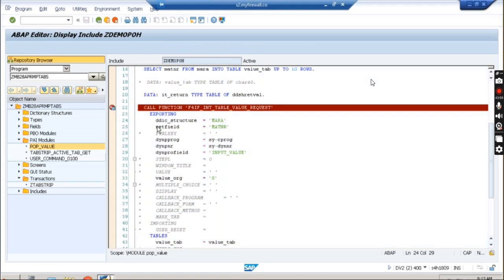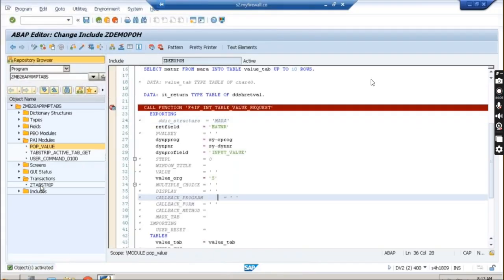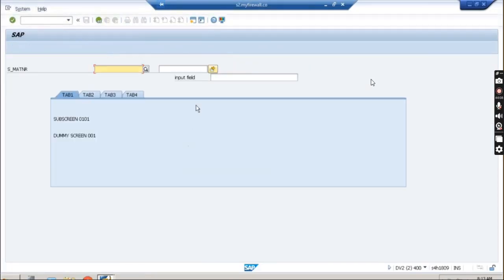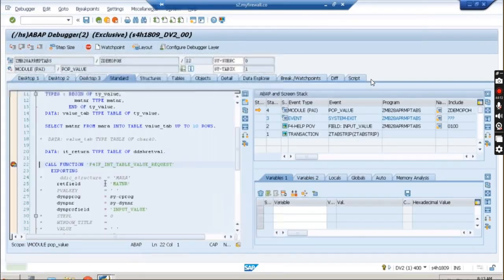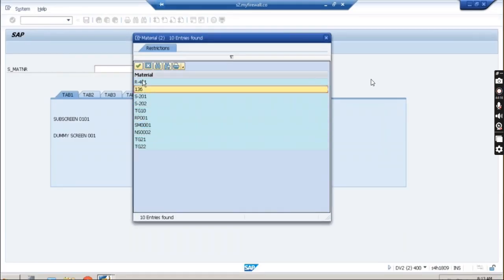Let me remove this reference structure. I'm going to remove this reference structure and then we will see. Okay, run this one, run this, press F4, F6. Oh, and here it's working fine. Okay,